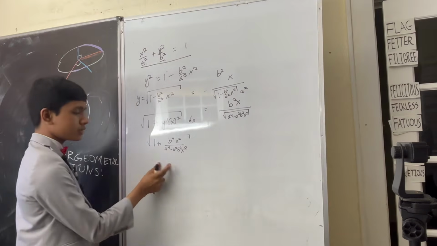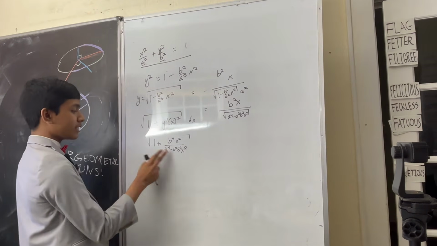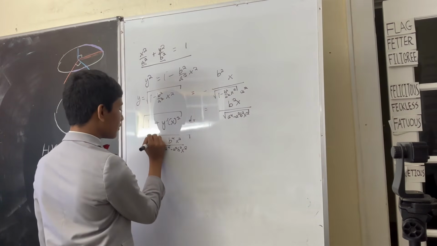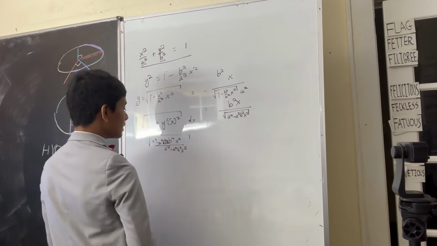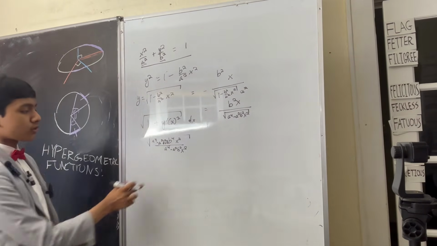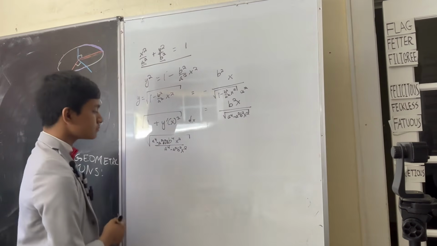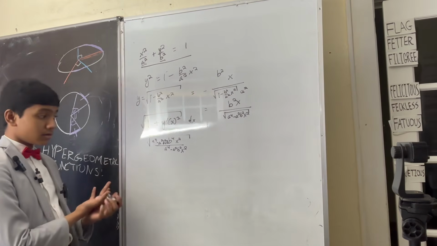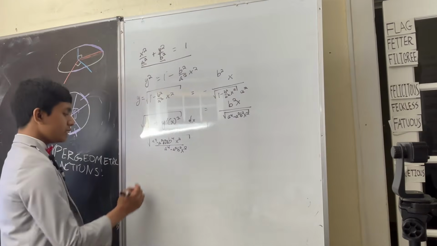Well, first of all, we test the tried and true method of bringing the 1 over, which gives us a to the 4th minus a squared b squared x squared plus b to the 4th x squared. Normally these two would cancel, but a is not equal to b. So that means that we are stuck, right? Well, here's the good part. What we can do